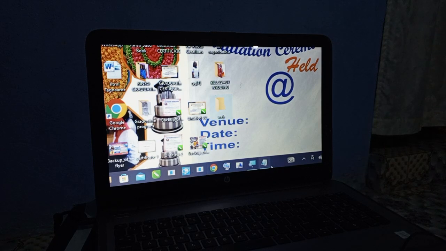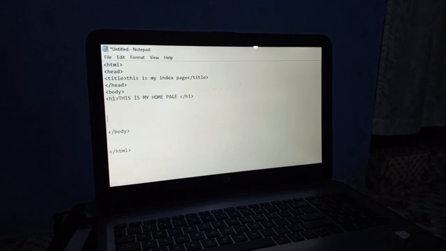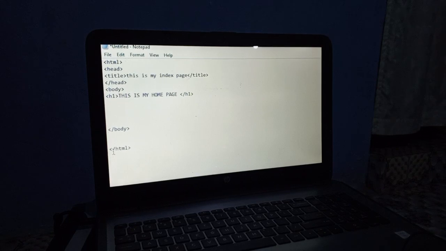In this folder we're going to create the multiple HTML files that we're going to be linking. Remember, each HTML file represents a web page. So let's come to our first HTML page. I already finished laying out the structure here. So I did the HTML opening tag, the closing tag, the head, the title and the title close, the body, and the body is right here. And within this body, we have